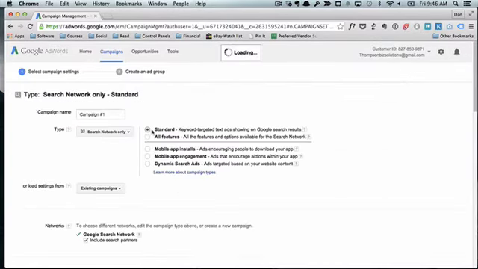That's going to take us to the screen, which is the campaign settings. A couple of things I want you to think about. We're going to select all features. Actually, you can select standard or all features. I usually do all features just because it gives you some more options. We're going to name the campaign something that's descriptive. And again, we talked about having naming conventions so that you can quickly look at your account and figure out which is where. So I might, for example, say Barrett